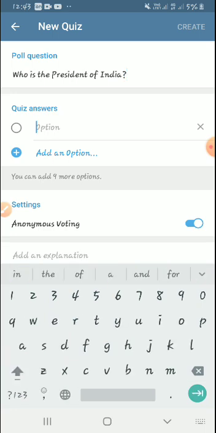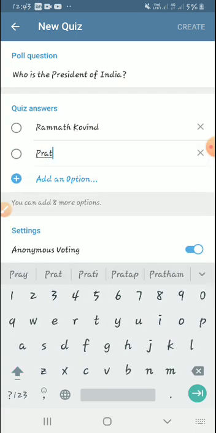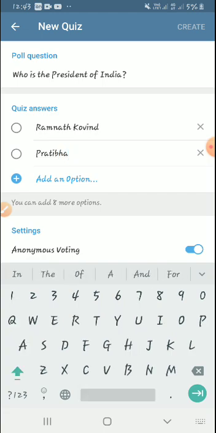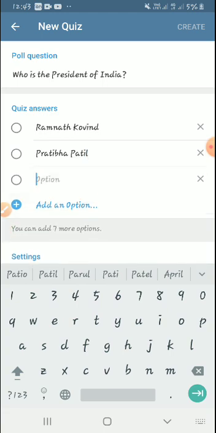Then I have to give options. Suppose I choose first Ramnath Kovind. Add an option, Pratibha Patil. APJ Abdul Kalam.